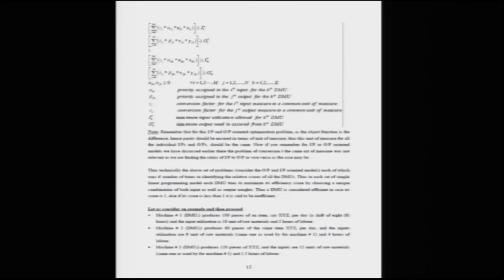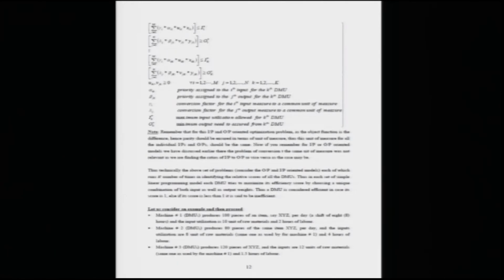So what would be the constraint? The constraints would be basically fixed for both the input and the output. So if I consider the optimum ratios of the maximum values of the inputs for each and every DMU as I1 star, I2 star, I3 star till IK star, similarly for the outputs I have O1 star, O2 star, O3 star till OK star. So obviously these K values are the suffix. When I mean I suffix 1 star, it is the maximum input I can utilize. Similarly, O suffix 1 star is the maximum output which I can get from DMU 1. Similarly, the suffix changes depending on which DMU I am going to consider.